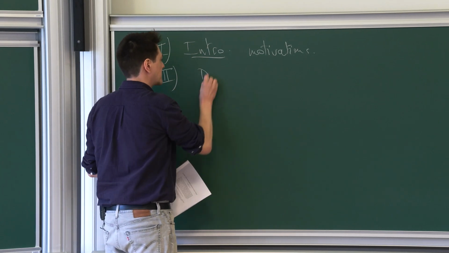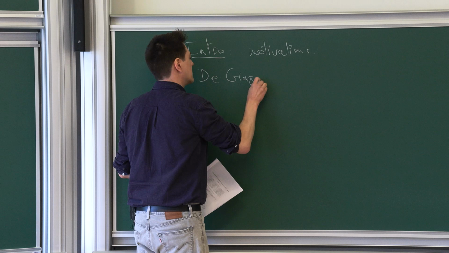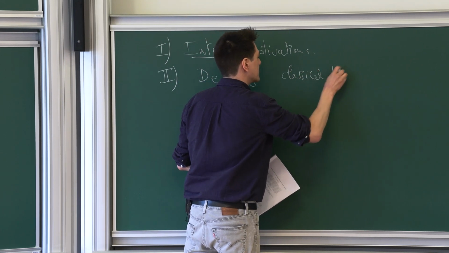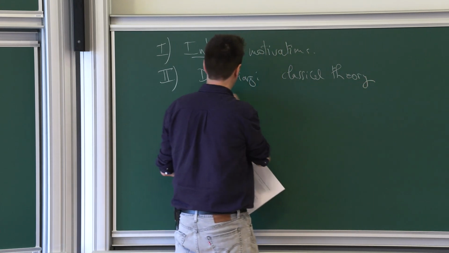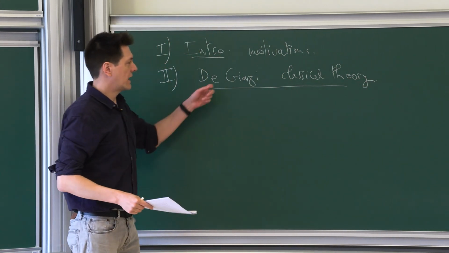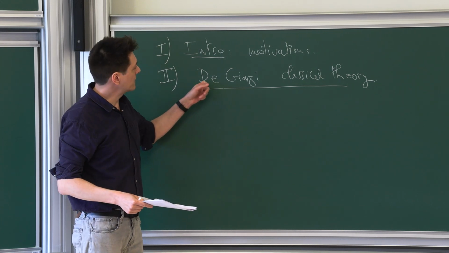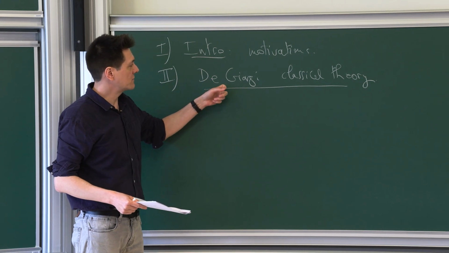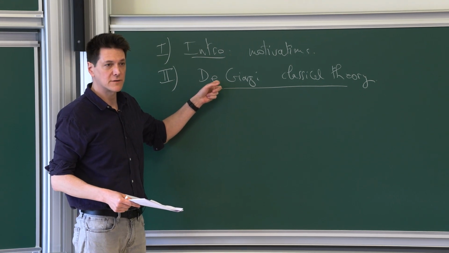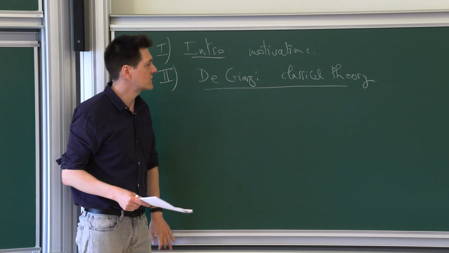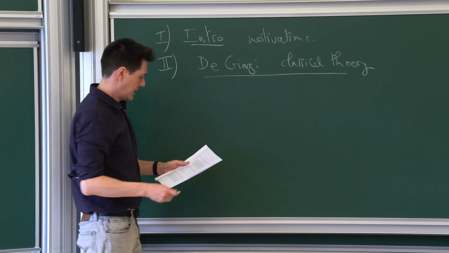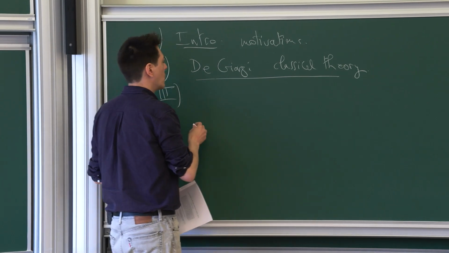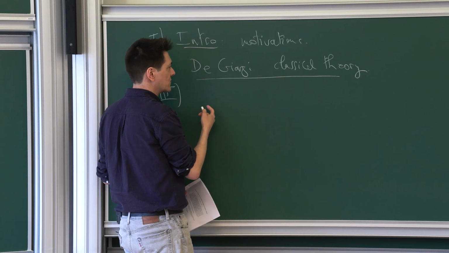Then I'll spend some time on De Giorgi, let's call it the classical theory, because if I immediately start explaining the extension, I would have to redo a lot of these arguments anyway. On this, I will spend at least an hour, maybe an hour and a half. I will follow some very nice lecture notes of Anceschi-Rebucci, from a series of lectures he gave at Beijing University about 10 years ago. And then I will go on discussing the extension to kinetic theory.